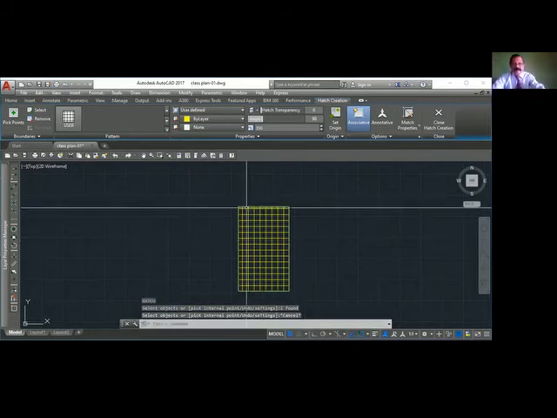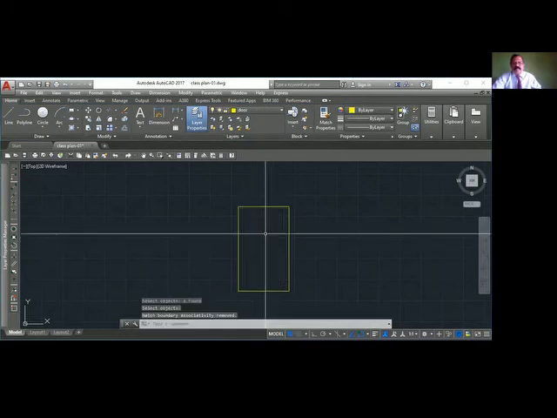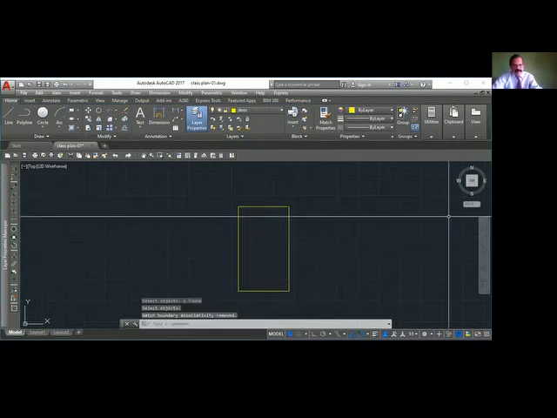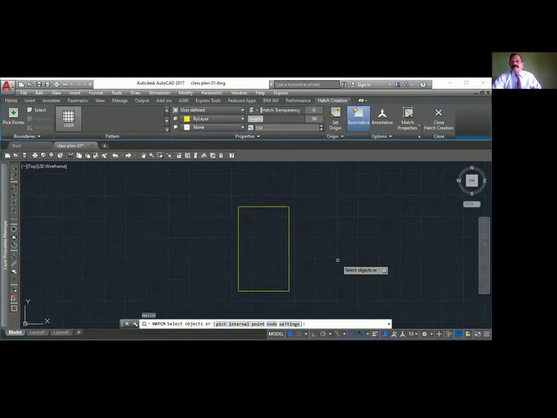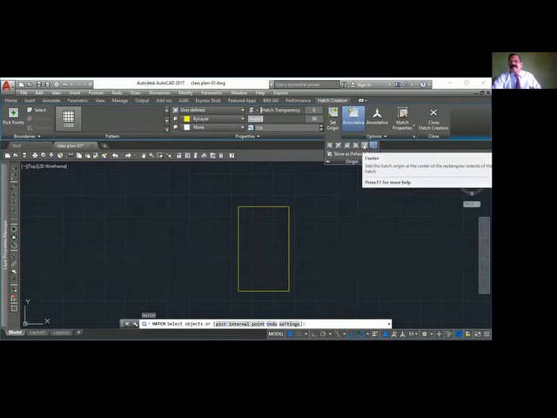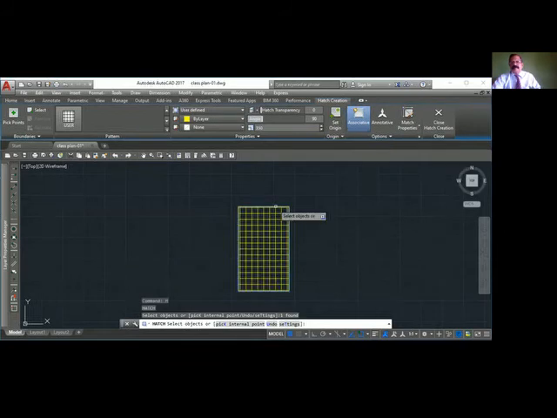What I will do is I will erase this, and here go to hatch. You see here set origin. I will click from here and select the center here, center. Click the center and select the object. Click.